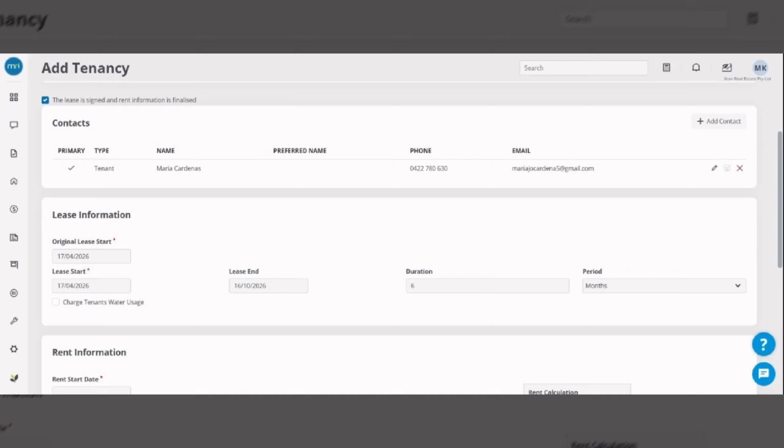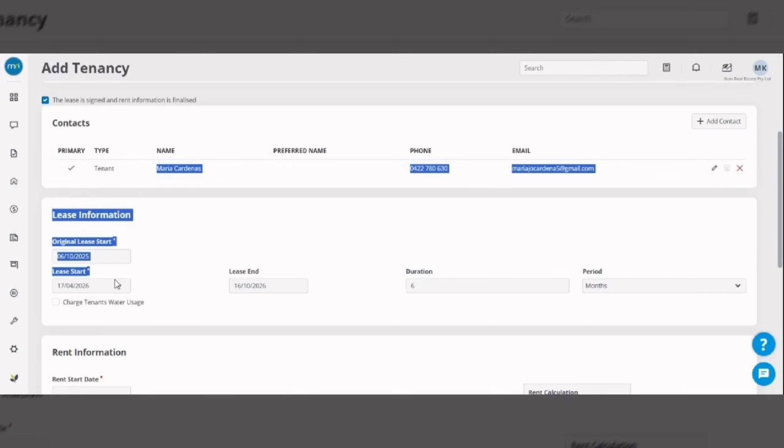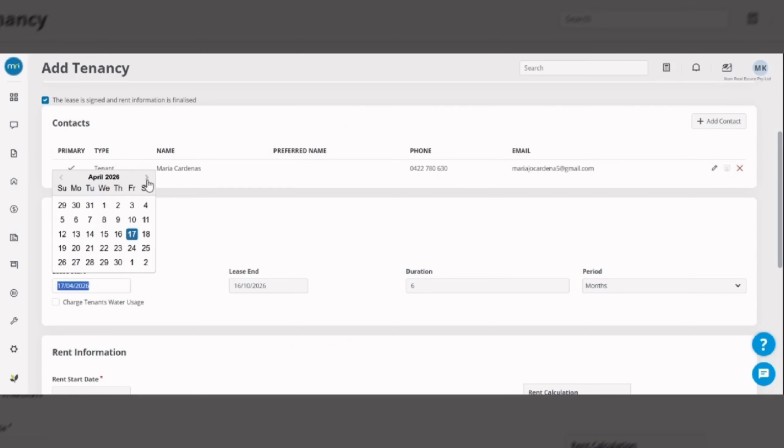Now the lease information: the length, when it started and when it's going to end, right? Let's take an example. It started on 6th October 2025. It's a 1 year agreement. It's going to end on 5th of October 2026, right?